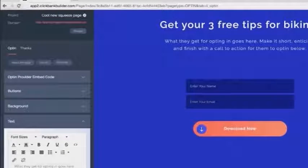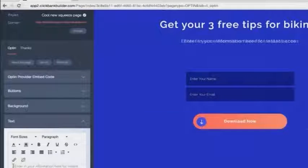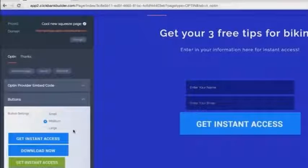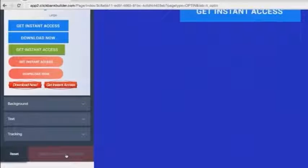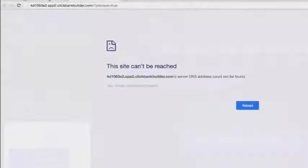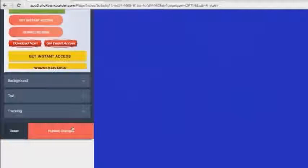But we want to make sure that it's mobile optimized. That's the key thing. And the cool thing about the Clickbank Builder that we build all our squeeze pages with for these campaigns is it automatically mobile optimizes everything, so that people on their phone can easily access the page, and it fits the screen and everything like that. And that literally took a couple seconds there to build a mobile optimized squeeze page that we can now have